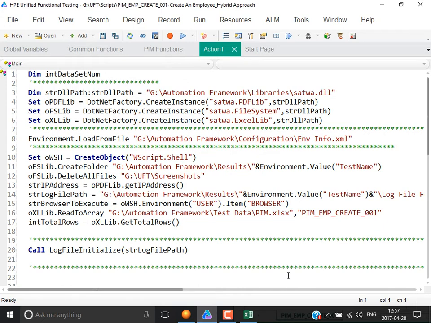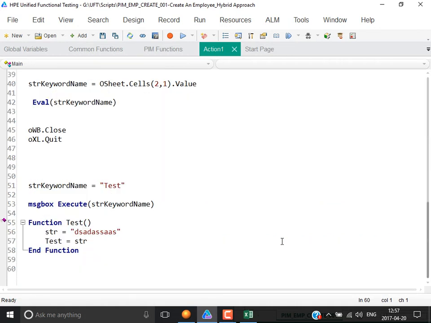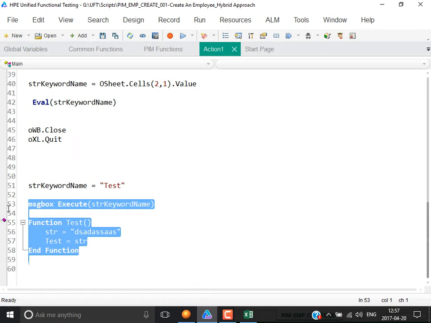So this is one of the interview questions that has been asked: what makes the difference between execute and eval? You say that eval means it will evaluate and execute and take the return, but execute means it just evaluates and executes, and doesn't take the return. Another common interview question that has been asked is like this: